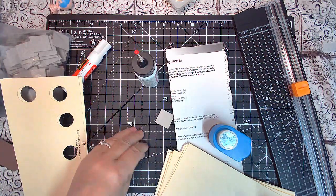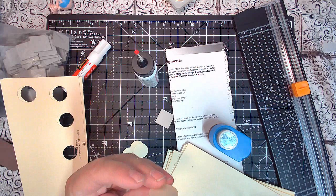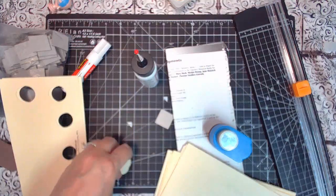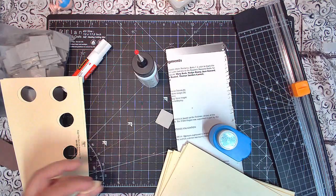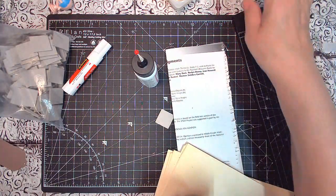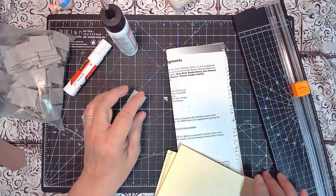Alright, so you've got the idea. Glue them together until they're as thick as you want. But I myself wanted the square. I don't even know if the square is going to work, but we're going to try it. Okay, so the next thing you're going to want to do